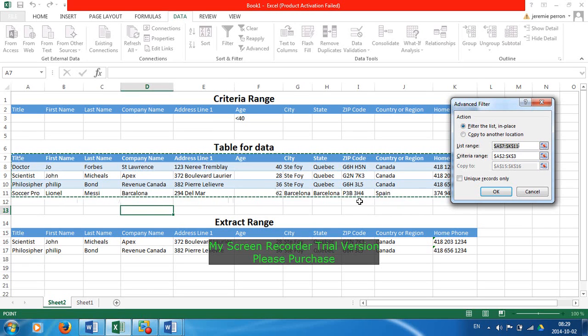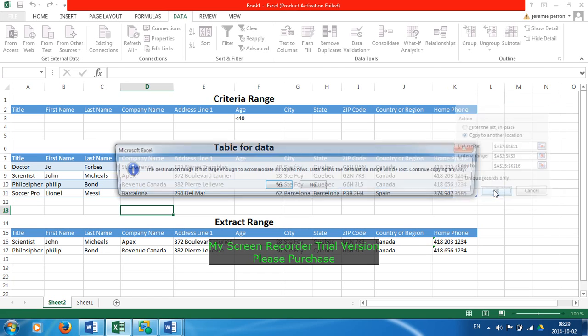So from here till here, containing all my information on the table of data. Here my criteria range is from A2 to K3, and this is what I want to find in my extract range. So what you want to do to have an extract range is click Copy to another location, and here the extract range is from A15 to K16. So if we click OK,